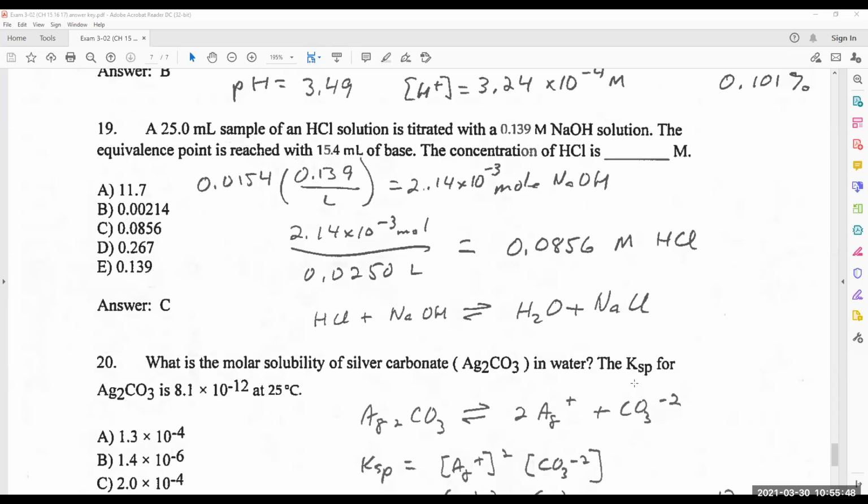So we take that volume of base, the 15.4 mL, convert it to liters, and multiply it by our molar concentration of sodium hydroxide to find out how many moles of the base were used. We find that it's 2.14 times 10 to the minus 3 moles